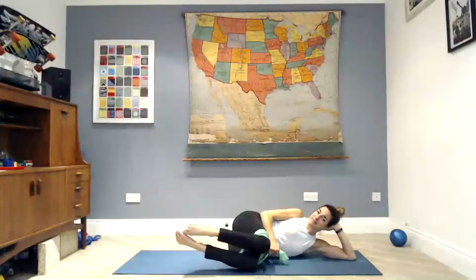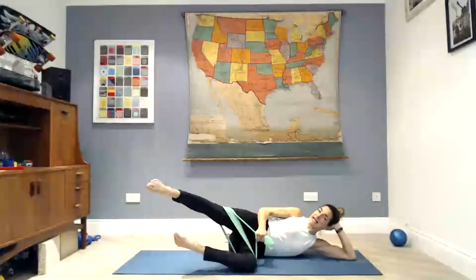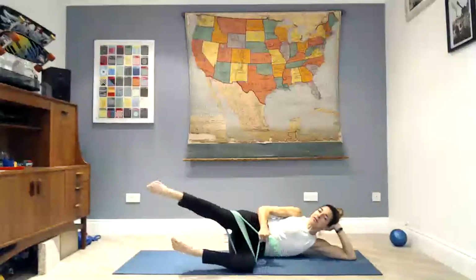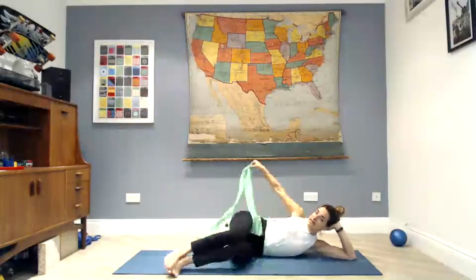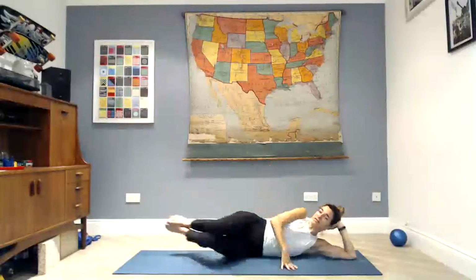That bottom foot stays up. Tap the toes, extend, tap the toes for 4 and 3. Last 2. And 1. Toes back together, feet down, knees down. Pat out any tension through that top leg. Take your band away. Drop it behind you, and we're going to stretch the legs, extend your arm, pull your